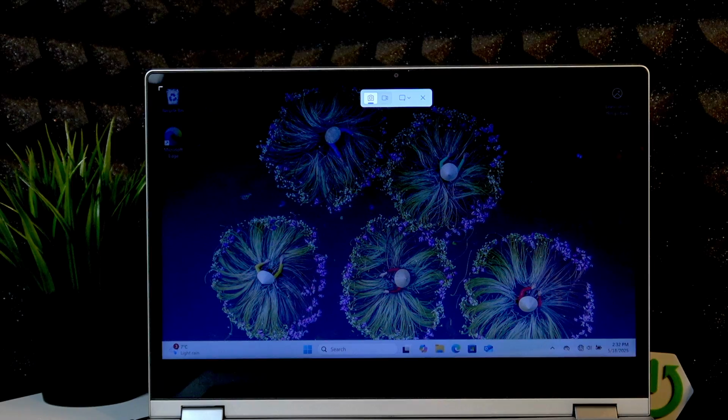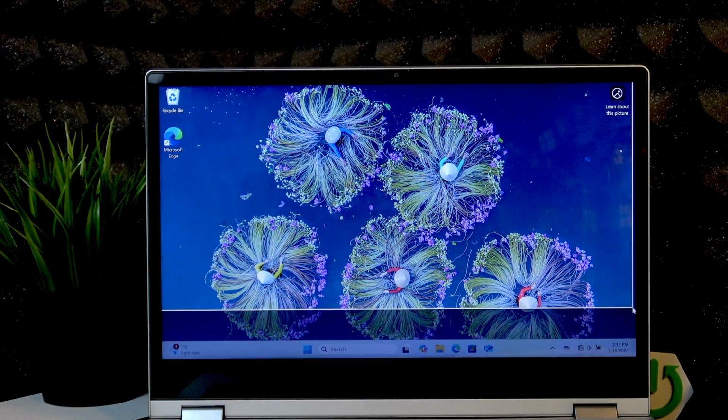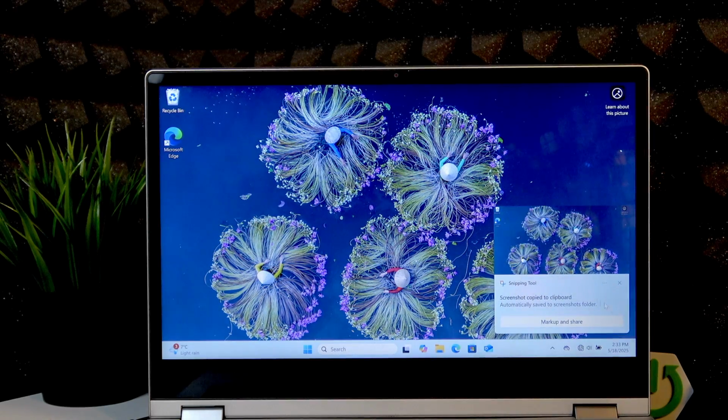For example, if we select rectangular form, we can just left click and press at any spot of our screen, and then just drag the selection to the point at which we want our screenshot to end, for example like this. And once we take a screenshot, it is automatically copied to our clipboard and is also saved to our